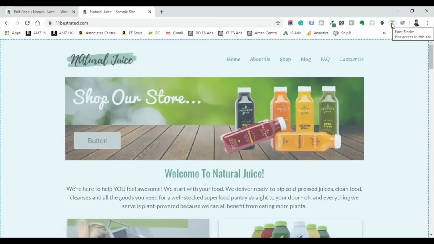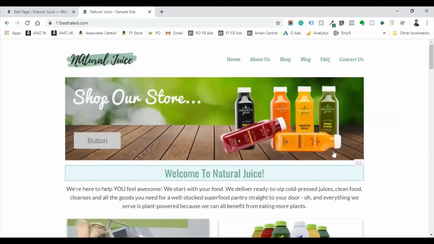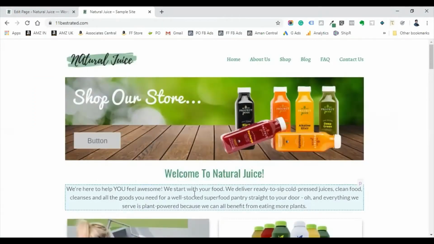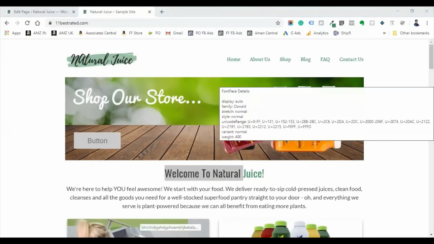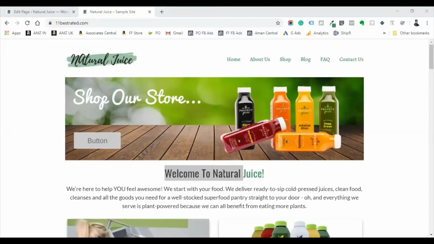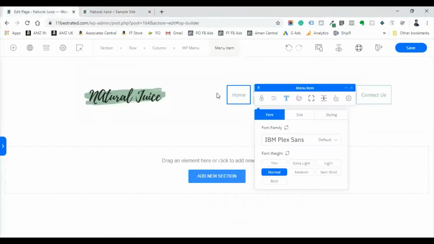If you don't know what font they are using, you just have to install it, and if you select that font, it will give you the font size. All you have to do is just click on that font. It will tell you what that font name is and what size of that font they have used in that particular section. So now we are seeing that this is a 32 size font and the font name is Oswald. We can use that font here as well.